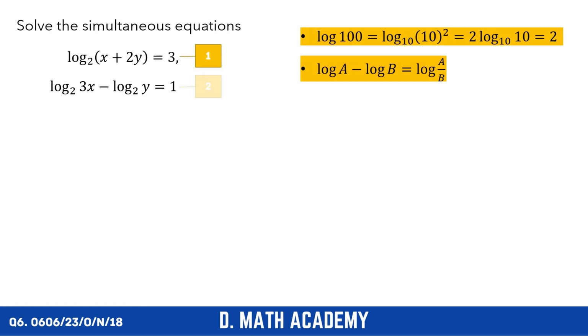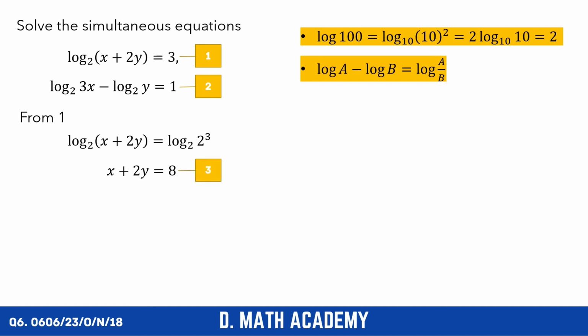So from 1, I change it into log with a base of 2 bracket x plus 2y equals to log with a base of 2 bracket 2 cube. So x plus 2y equals to 2 cube. Just the 2 cube becomes 8. X plus 2y equals to 8. That will be our